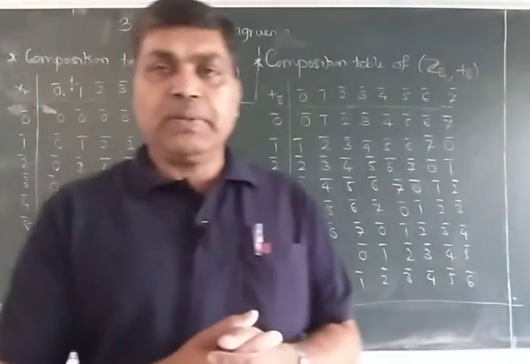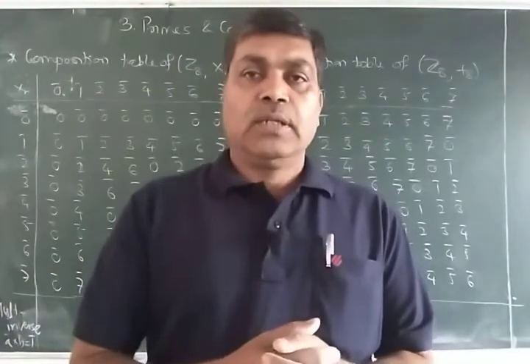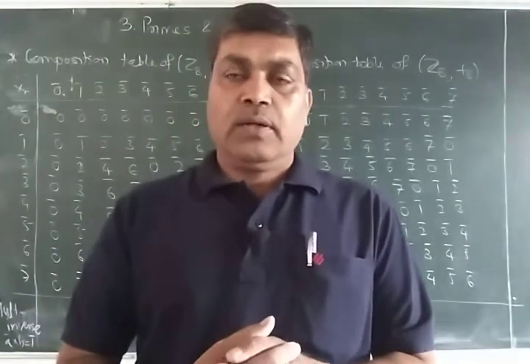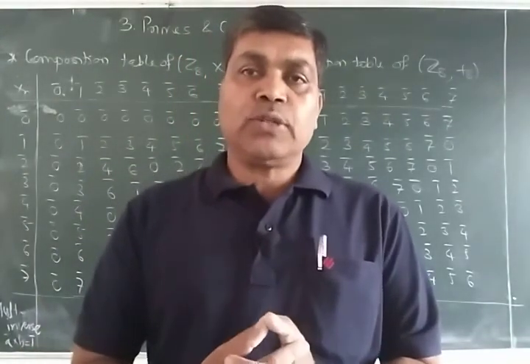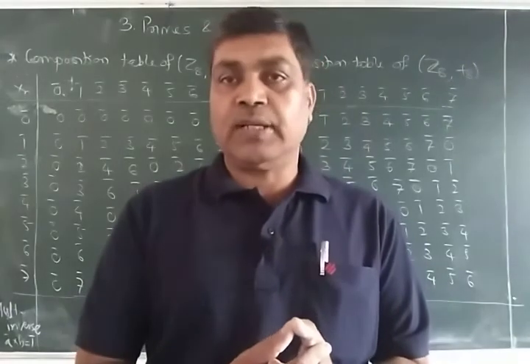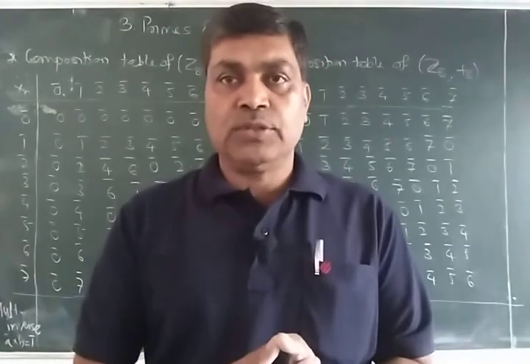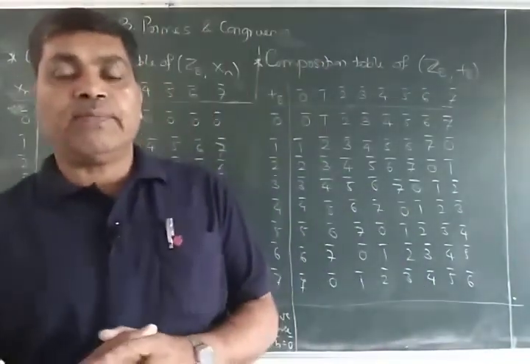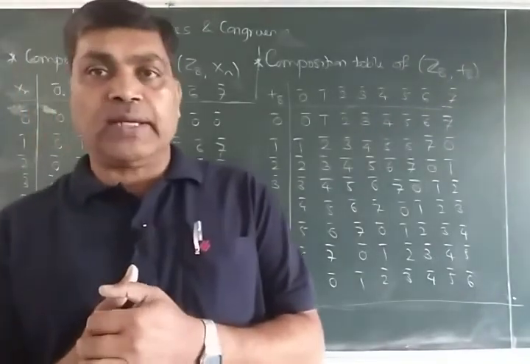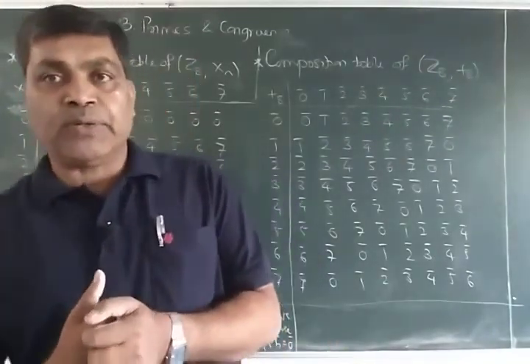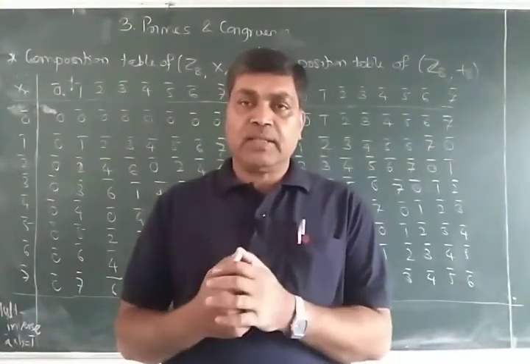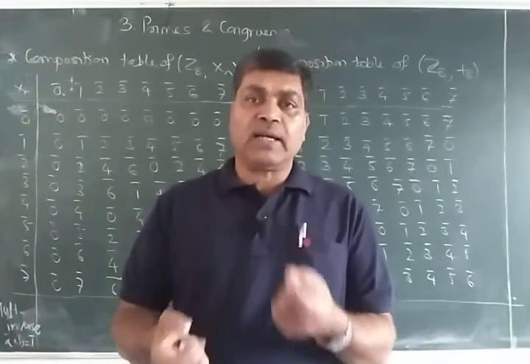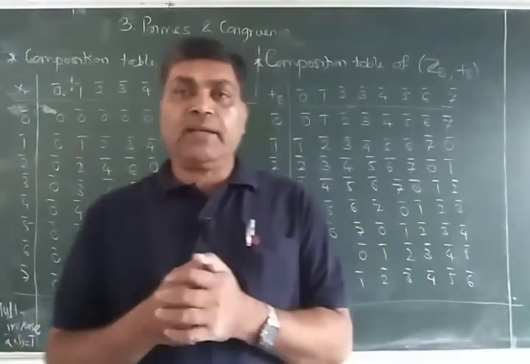Hello friends, in the previous lecture we talked about the residue classes modulo n. We defined the set Zn, which contains n residue classes modulo n for a positive integer n greater than 1, namely the set containing 0 bar, 1 bar, 2 bar up to n minus 1 bar. And I have defined the addition modulo n operation and multiplication modulo n for a bar and b bar belonging to Zn. A bar plus b bar is nothing but a plus b bar, and it is equal to r bar where r is the remainder when a plus b is divided by n.